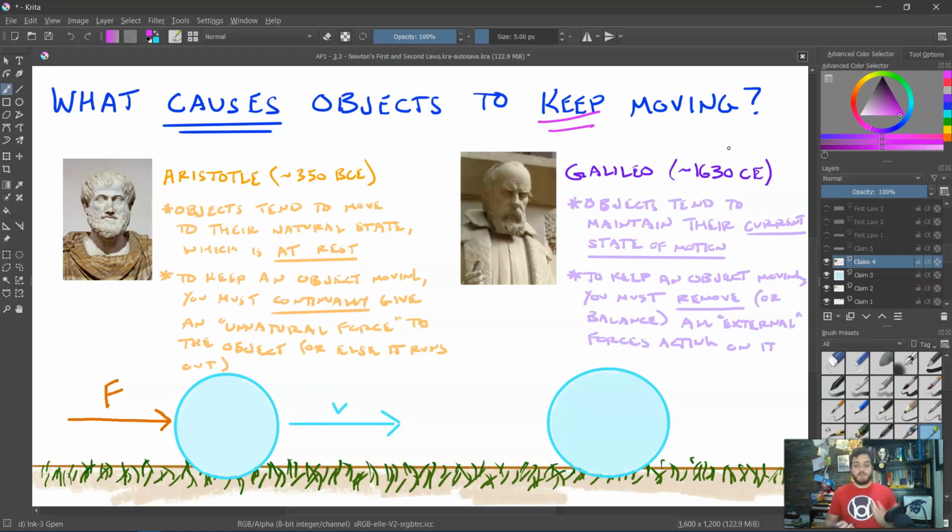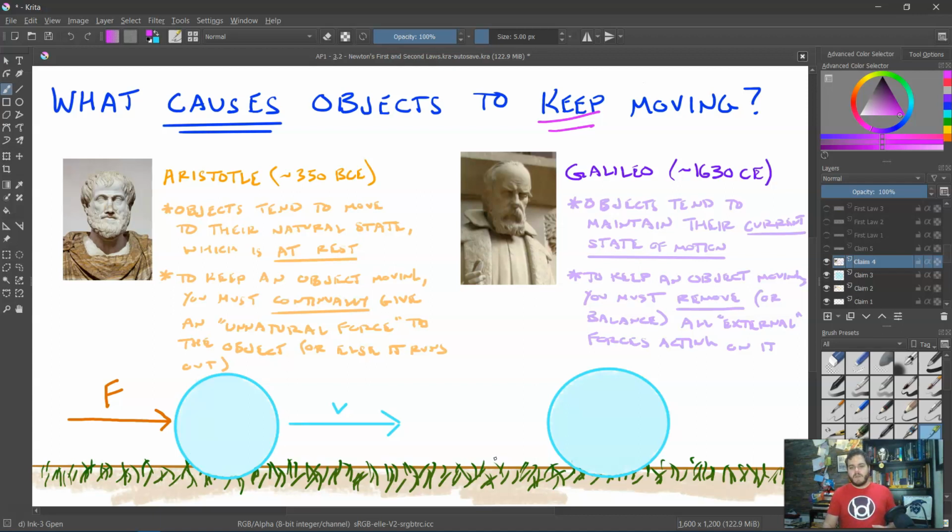If an object is at rest, well then it's going to maintain its current state of rest. If it is moving at some velocity, then it's going to maintain that current velocity. And so to keep an object moving, we don't need to have an unnatural force. Instead, we need to remove everything from the system applying a force to it. We need to either remove or balance everything applying a force to it so that all the external forces are knocked out